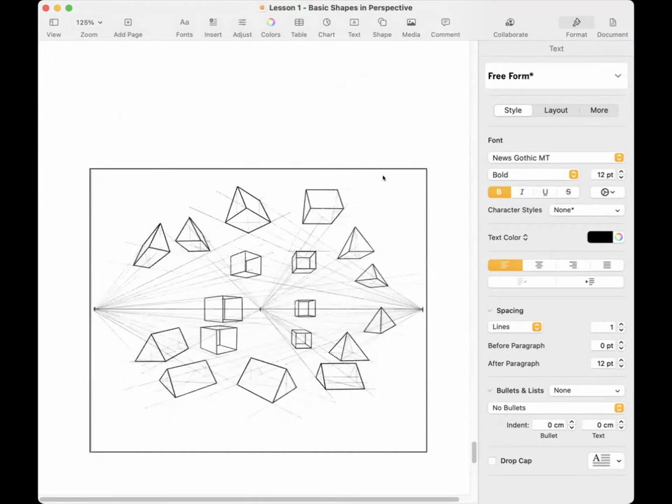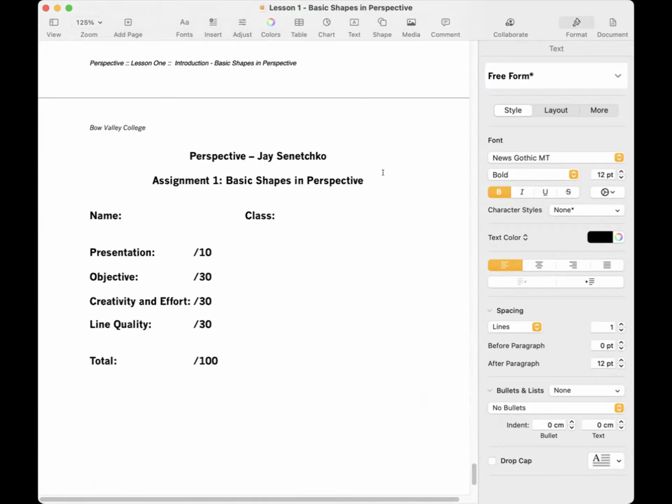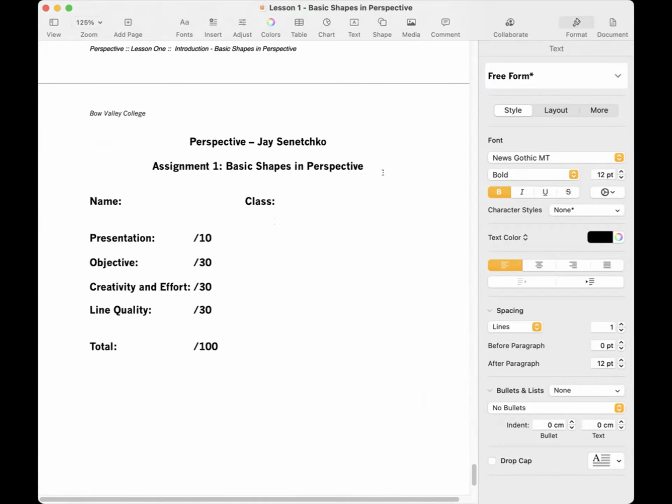This is how you're going to be marked. At the back of every handout, you're going to have a marking sheet. You'll have 10% for presentation. All you need to do to get that 10% is name your thing correctly, make sure that it's underneath 5 meg, have it saved as a PDF with the correct amount of pages. That's it. Just makes my life easier.